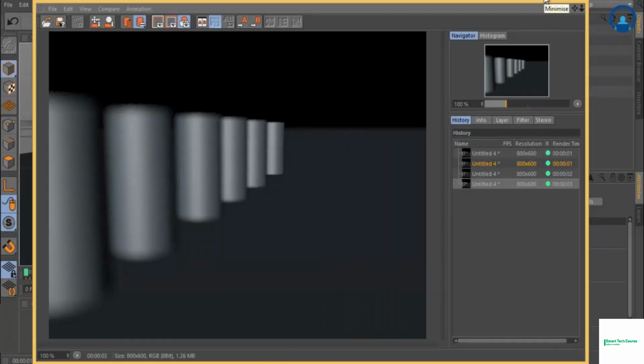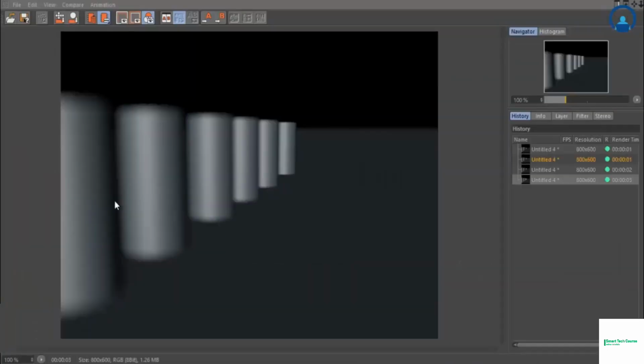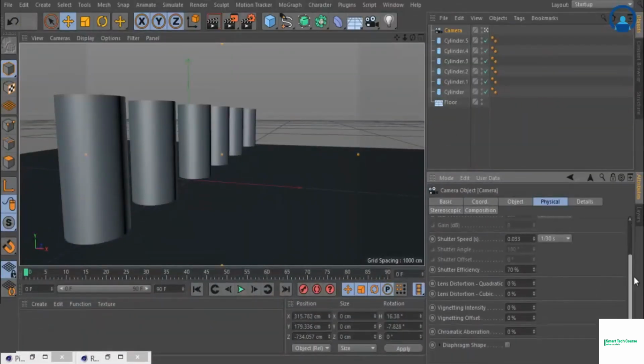I minimize it. Now I want to blur. See here, you can see in the picture viewer it blurs the first cylinder and sharpens the last one. I want to make it the reverse, so I change this option